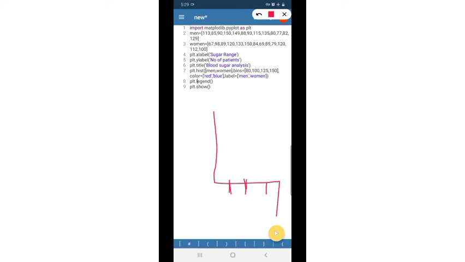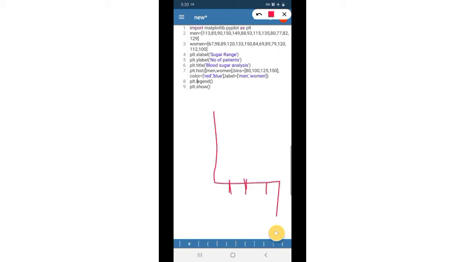Now we know that these colors represent these data sets, but a person who views our graph should also understand it. For that, there is a function called legend. The legend function will tell the viewer which bar represents which data set.